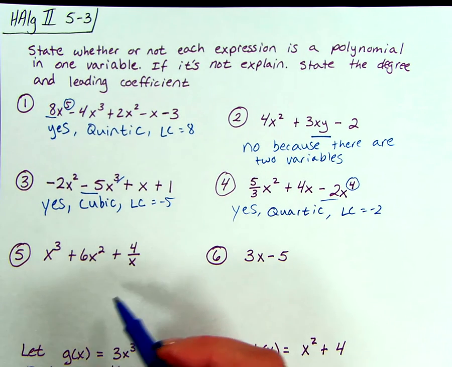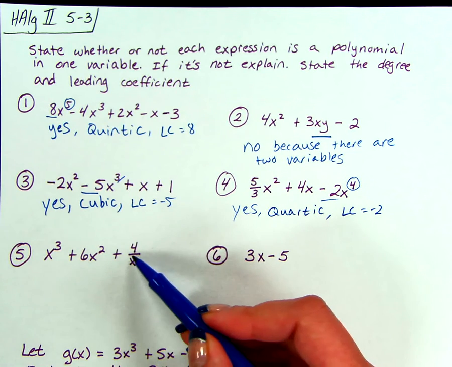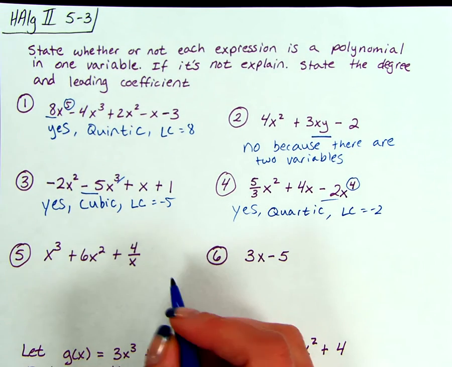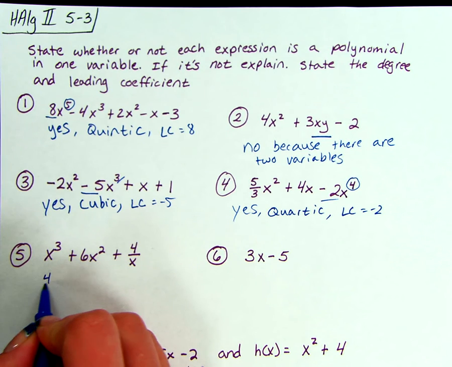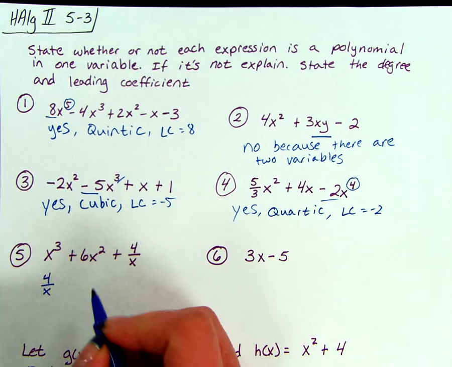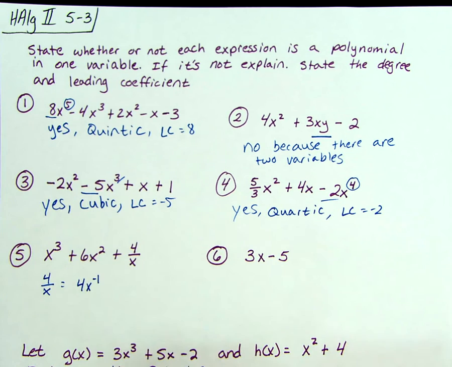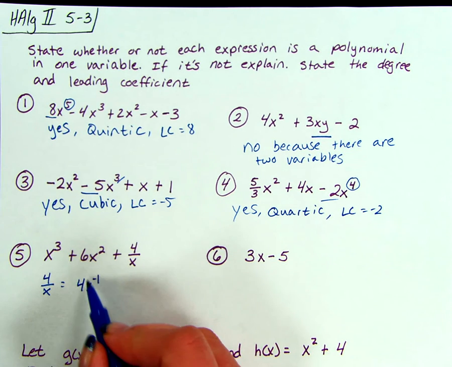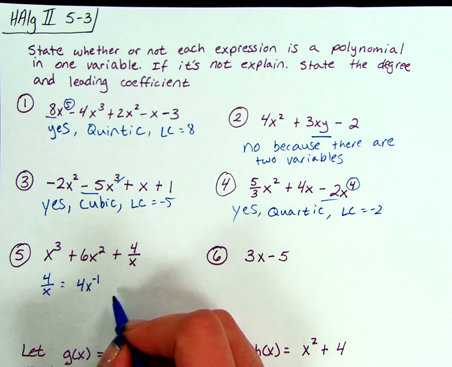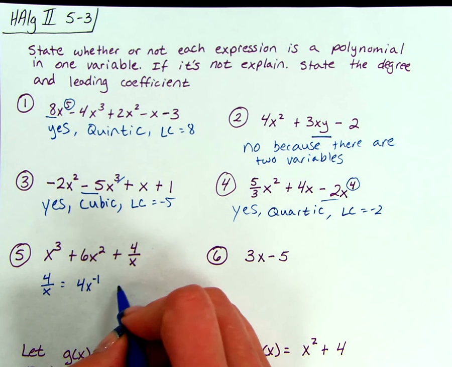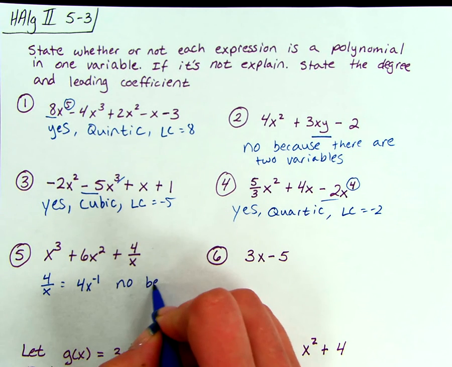All right, next example. So looking at this, we have an x in the denominator. So if we go back and remember our power rules, if I have 4 over x, that means that I can rewrite this as 4x to the -1. So because of this negative exponent, this now makes this no longer a polynomial. So no, because of the negative exponent